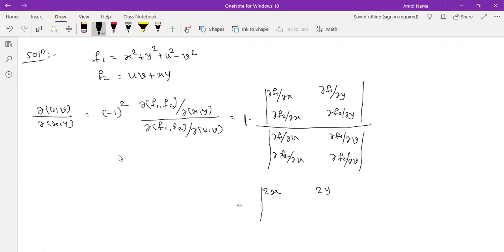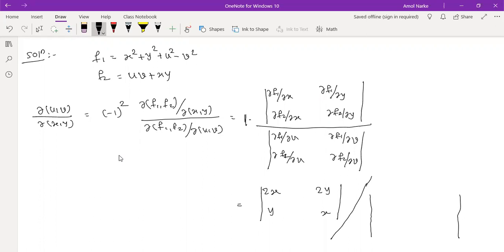u. How is it u? With respect to x, u constant, v constant, this y. Now here only 1. And here? x. Only x. That is what I am getting as the numerator. The whole term is divided by the denominator. Here it should be u, not x. Here we are differentiating f2 with respect to y, so it should be x, no?